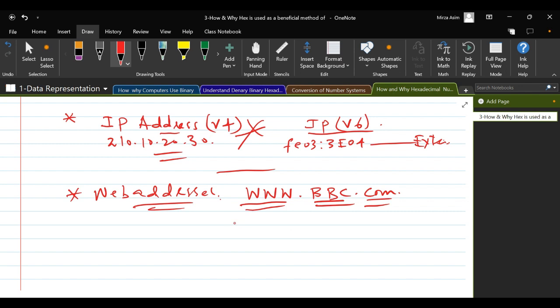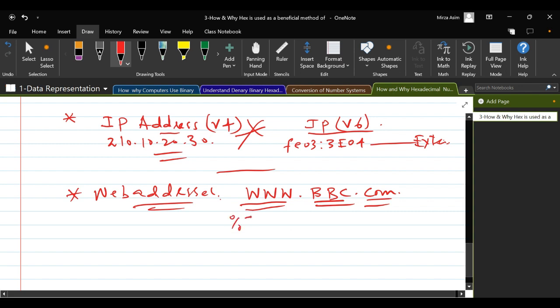For example, the hexa value of W is 77, and the dot, if I'm not wrong, is %2E and so on. If you convert it and hit the button, that website can still open. It's definitely a difficult process to memorize the hexadecimal numbers and all the codes.